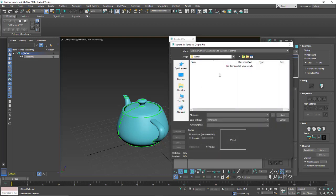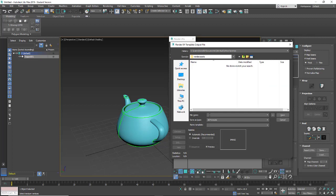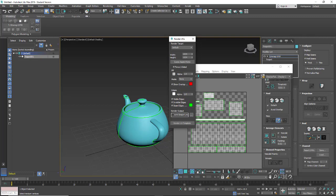And I do have a scenes folder, and I will actually go and export this in the scene assets, render assets, just so I can find it later. So we're just going to call this teapot. And hit save. And I'm going to save a PNG, will work for me. 24-bit, 48-bit, doesn't matter because it depends on the colors. So we don't need that many colors, so I'm just going to bring it down and